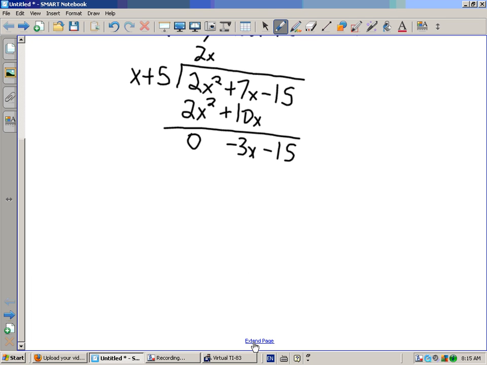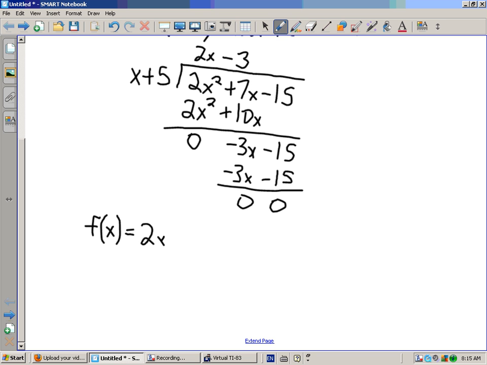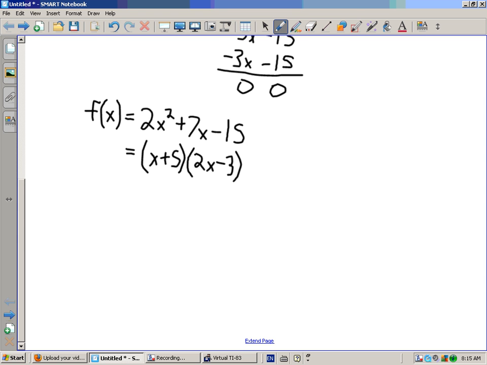All right, x goes into -3x minus 3 times. -3 times x is -3x. -3 times 5 is minus 15. And it divides cleanly. So our function, which was above written as 2x squared plus 7x minus 15, could also be written as x plus 5 times 2x minus 3. And this tells us that we have zeros